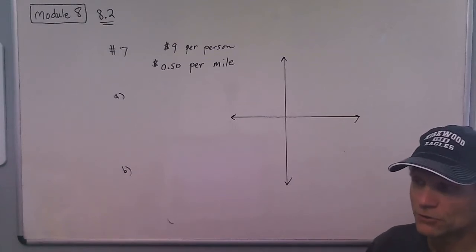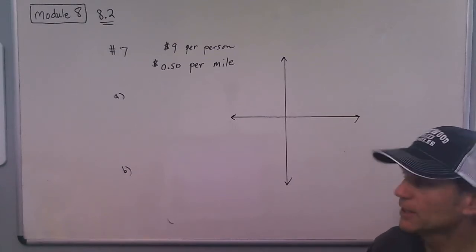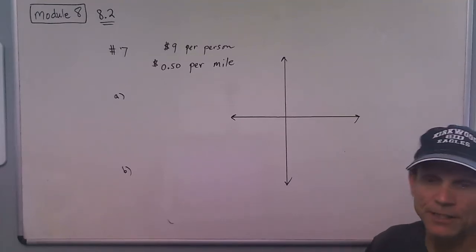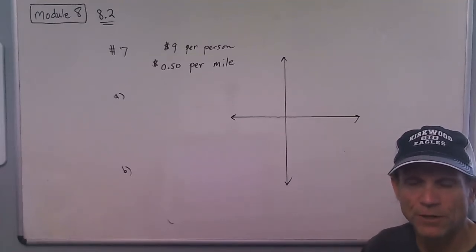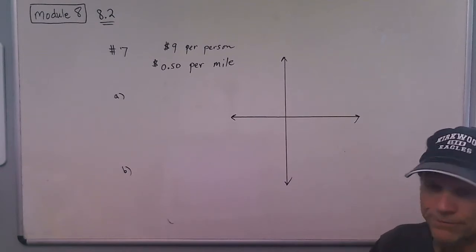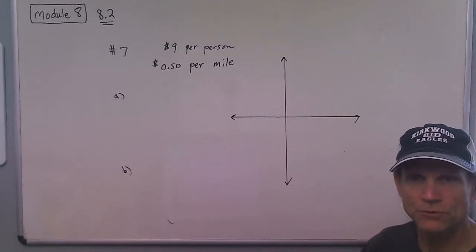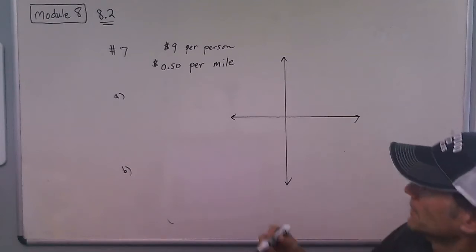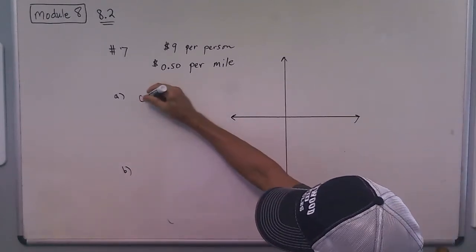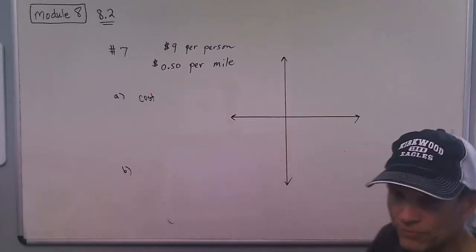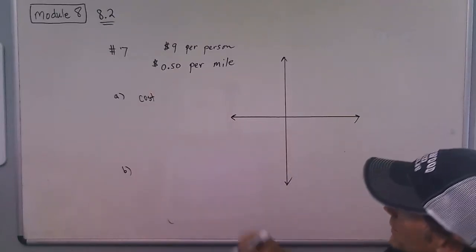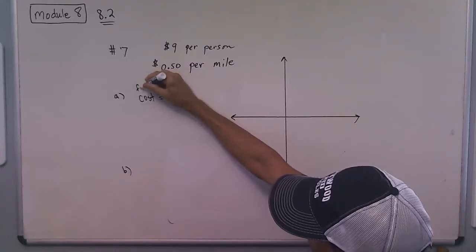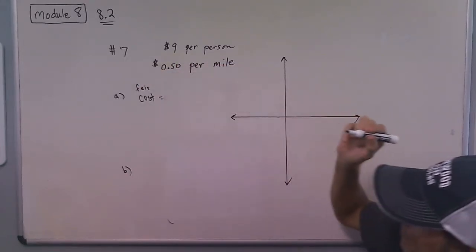And so there's different ways it's calculated, but this application problem says that a cab charges $9 per person and then 50 cents per mile for the cab ride. So the first part of this problem says to write an equation that would represent this. Okay, so we know that the cost is for a one person cab ride. So we know that the cost or the fare is going to be,